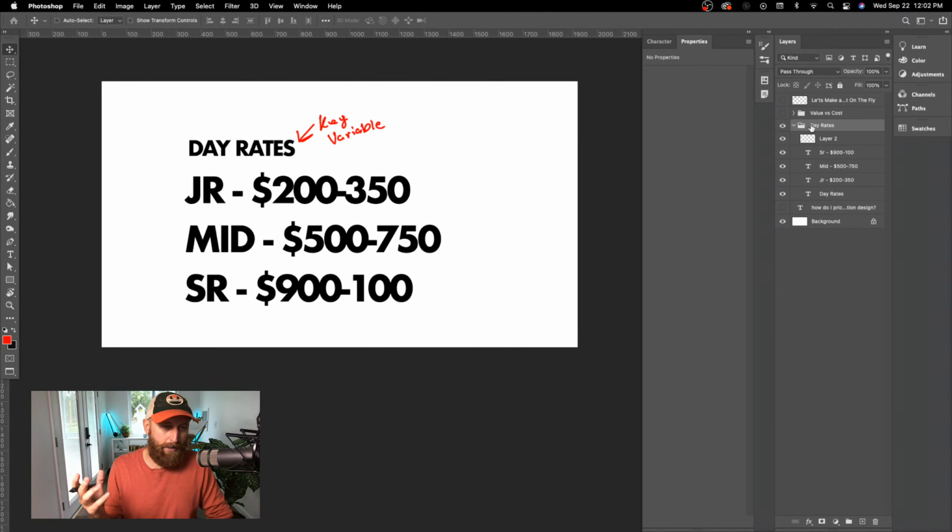Generally speaking, within our industry there are some tiers, and it's different in the United States and internationally, of course. At the absolute cheapest end, junior artists, typically you won't see it in the United States, but you'll certainly see it in other places, as low as $200 a day, maybe up to $350 a day. $350 a day is a pretty common day rate for a junior motion designer in the United States.